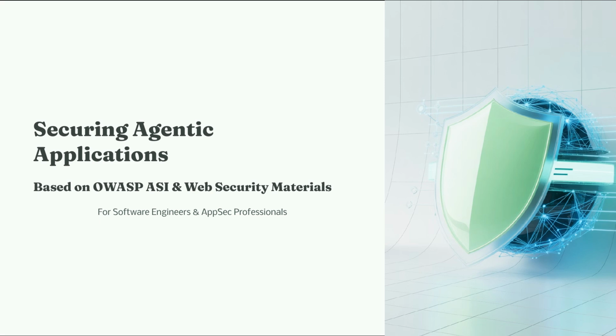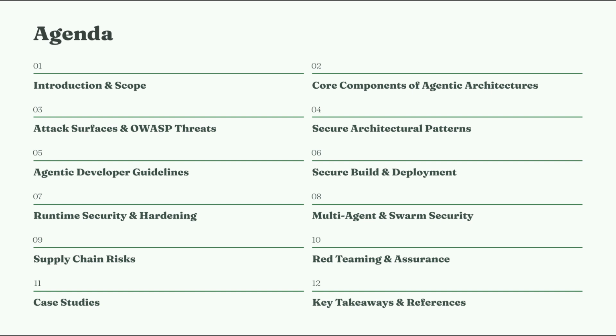Now let's explore the foundational aspects of application architecture, starting with an introduction to the key components that make up a secure framework. Understanding these elements is crucial as we move forward in our discussion of attack surfaces and how to mitigate risks effectively. As we transition from our previous discussion on the OWASP framework, let's delve deeper into the critical aspects of agentic applications. This slide outlines the key components that make up their architecture and highlights some vital considerations for security. We'll explore the core elements that define agentic architecture, which is essential for understanding how these applications operate